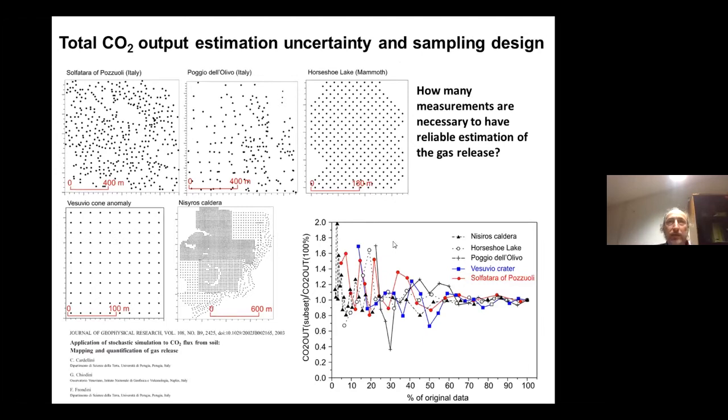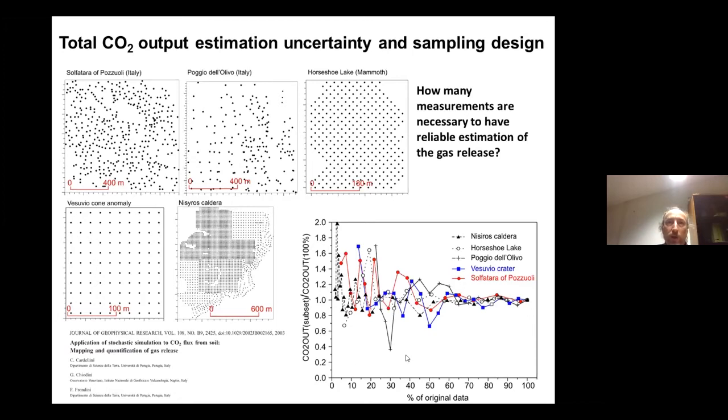And one of the most frequent questions could be, how many measurements are necessary to have a reliable estimation of the gas release from an area? These are the results reported in this work of 2003. Here we did an exercise using different data sets of gas flux from soil, taking away measurements from each data set and computing again the estimated total flux, to see how much the estimation is linked to the number of measurements that are